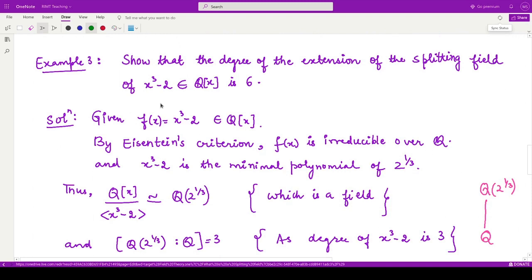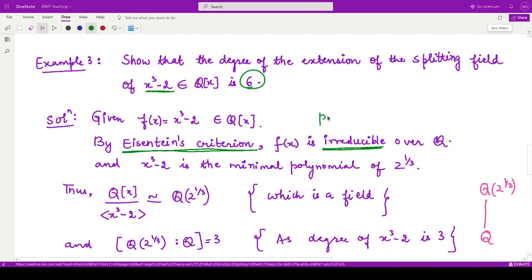Let us see the third example. In the third example, we have the polynomial x cube minus 2. Now for this polynomial, we have to show its degree is 6. For seeing its degree, firstly we have to determine whether this is an irreducible polynomial or not. For irreducibility, we have Eisenstein's criterion, which says that if you find some prime number such that it divides the coefficients apart from the leading coefficient,